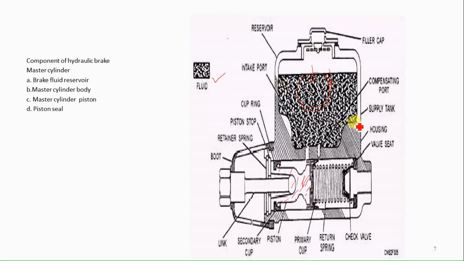This is the glycol based fluid, and this fluid goes into this cylinder. By the action of the pedal, here on this side the pedal is given, this push rod is moved in the forward direction. This push rod ultimately operates the piston, and the piston pressurizes the fluid. This one is the output side, and this pressurized fluid goes to the brake line and ultimately goes to the wheels.